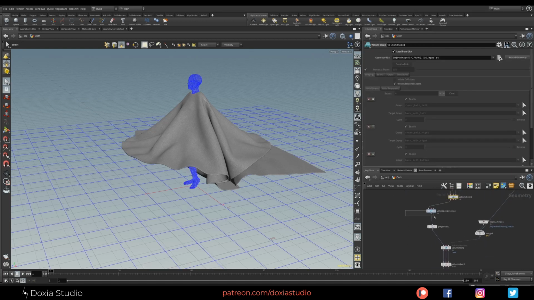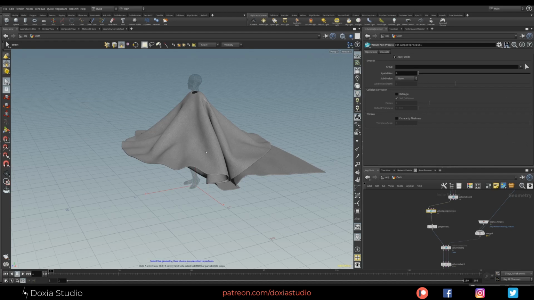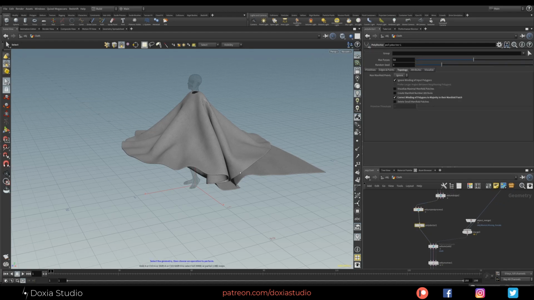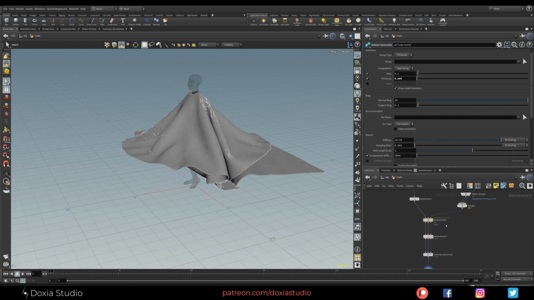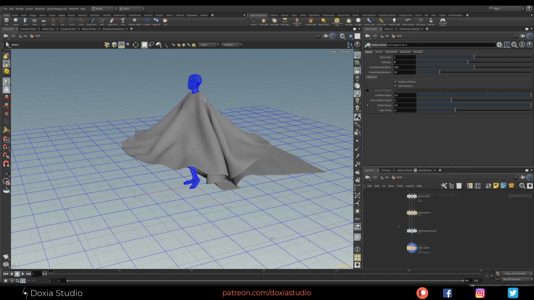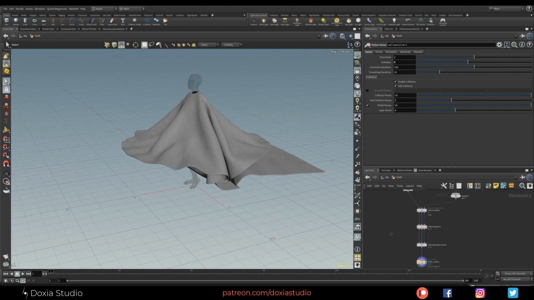Okay. Now after that, edit your cloth with post process. PolyDoctor in case you need to fix the normals. Then wire back to a Vellum cloth, and then use Vellum solver to simulate our cloth. Okay, simple as that.